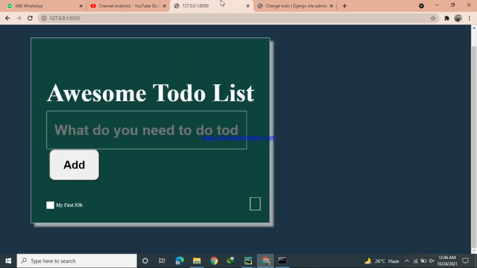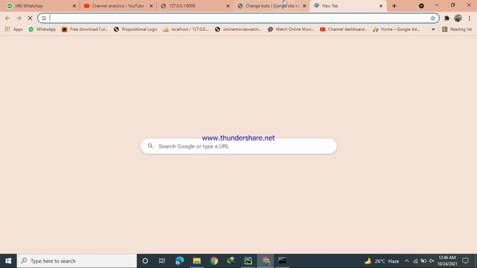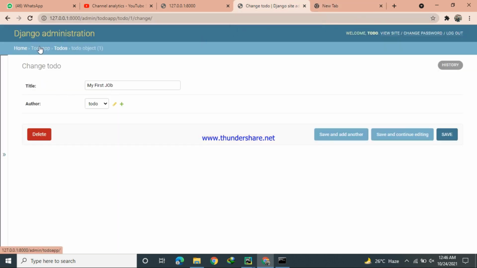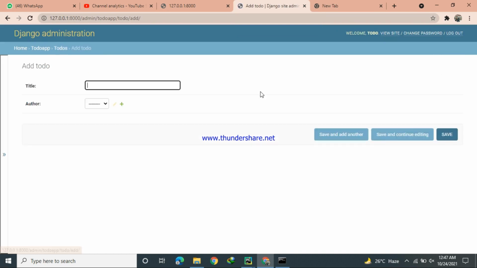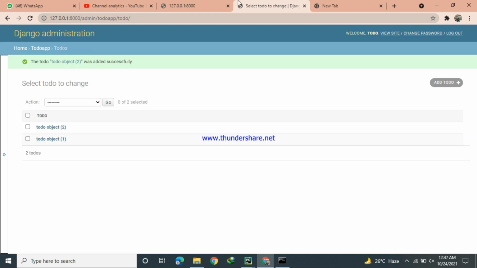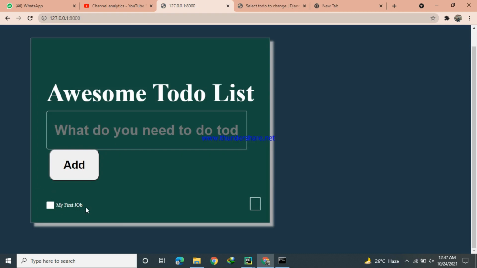If I create another Todo here, add Todo, my second job, and it is saved, and refresh this page, we will get another job also.